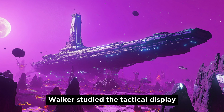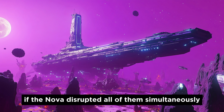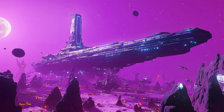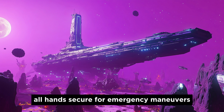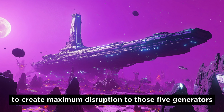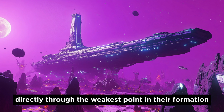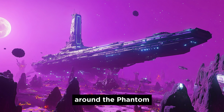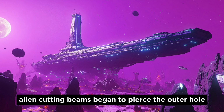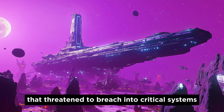Walker studied the tactical display. 5 alien vessels generated the field that trapped them. If the Nova disrupted all of them simultaneously... "All hands, secure for emergency maneuvers," Walker ordered. "Reed, target the Nova to create maximum disruption to those 5 generators. Davis, plot a course directly through the weakest point in their formation." Around the Phantom, alien cutting beams began to pierce the outer hull, creating superheated points that threatened to breach into